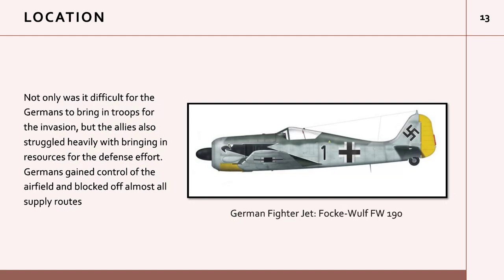With the Luftwaffe dominating the skies above Crete, air support was nearly impossible for the Allies. Any attempts to resupply by air were quickly intercepted or destroyed by German aircraft. This left the Royal Navy as the primary means of transportation, but even the sea routes were cut off. German air raids on Allied naval convoys inflicted severe losses, sinking or damaging many British ships trying to reach or